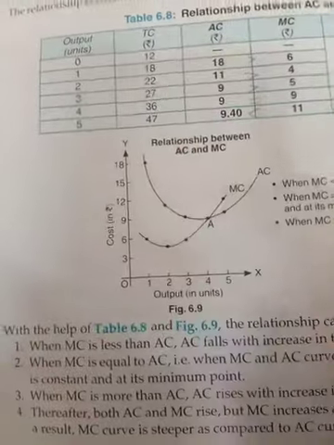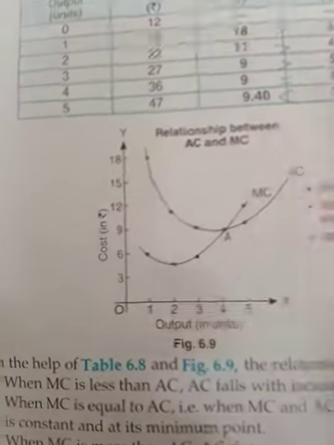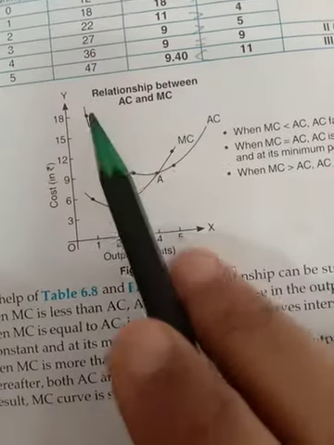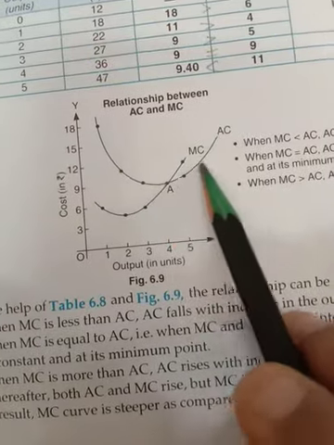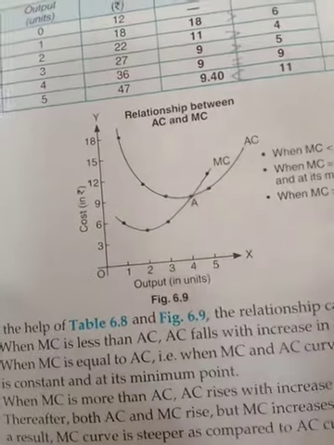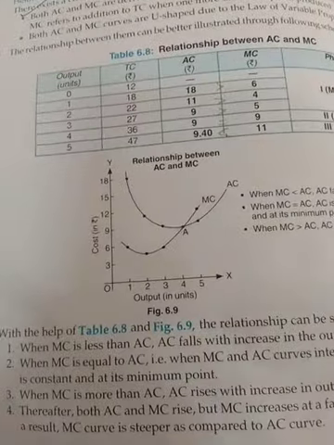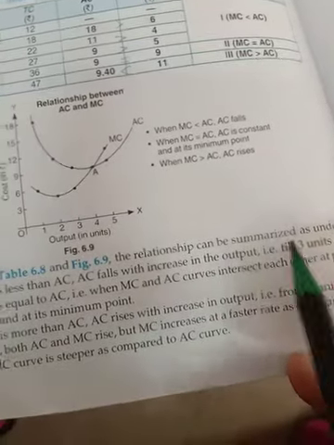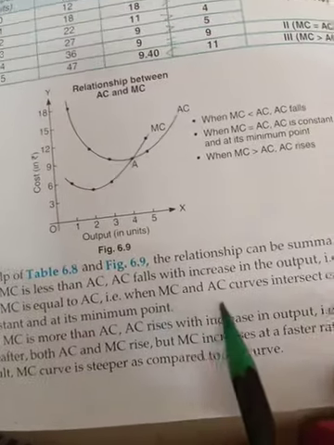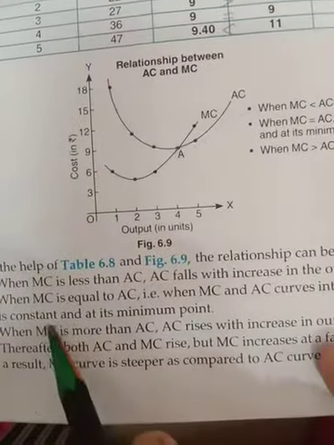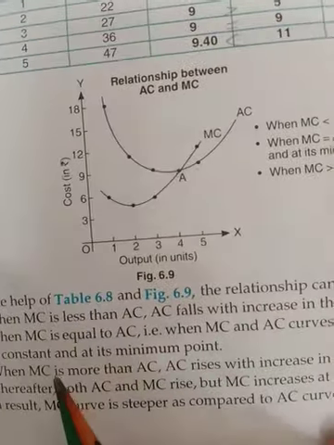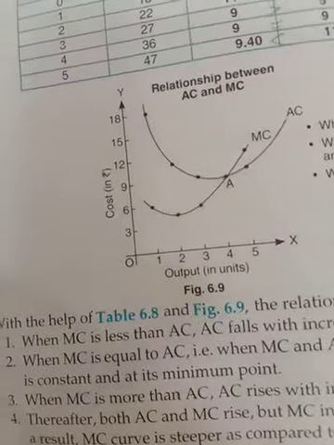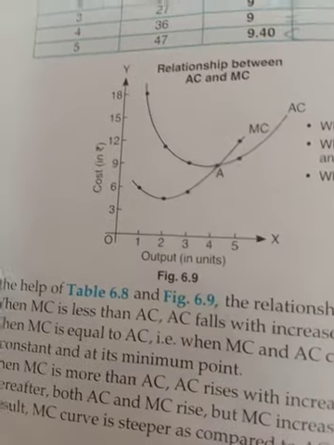Here you can use the table. If you don't want to use the table, you can make it without a table also, but in the same shape. And this is the point which you have to write. When MC is less than AC, then AC starts to fall. When MC is more than AC, then AC starts to rise. And at the minimum point, MC cuts AC. This is the diagram which you have to write. And here when MC is less than AC, the same things are written over there. AC with the increase in output till the third unit of output falls, and then MC is equal to AC. When the MC and AC curves intersect each other at a point, it is at its minimum point. When MC is more than AC, AC rises with the increase in output. You have to write it in the same way. Right? This is the nature of marginal and average always.